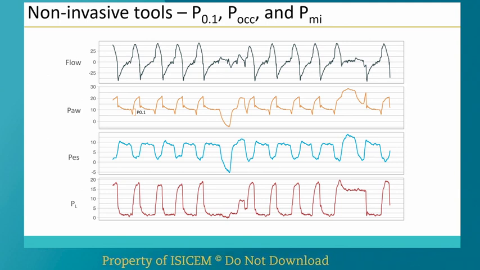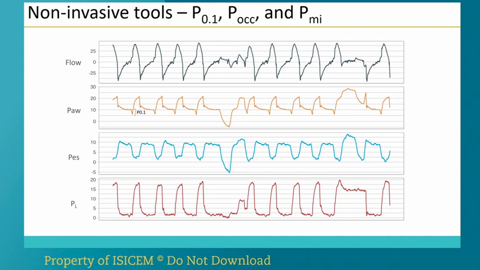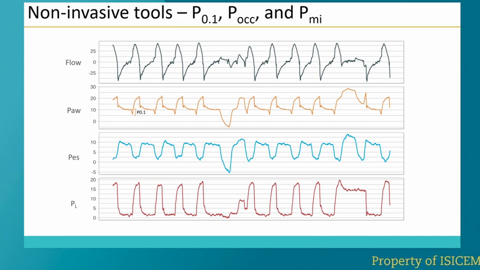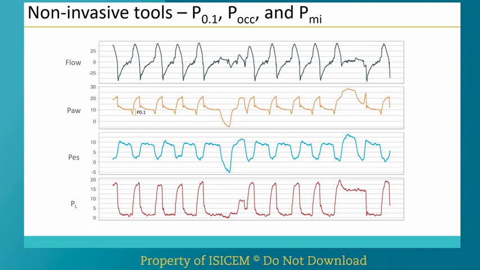So this is considered a surrogate of the respiratory drive, basically because the patient is not aware that this pressure is being measured, because the occlusion is so small, so short, I should say, that the patient is not aware. And it has the downside, compared to the other ones that we'll see, that it doesn't actually give you an idea of the actual magnitude of the respiratory effort, nor the magnitude of the transpulmonary pressure being generated. We'll see some data that has validated this in terms of thresholds for respiratory effort, but it doesn't give you